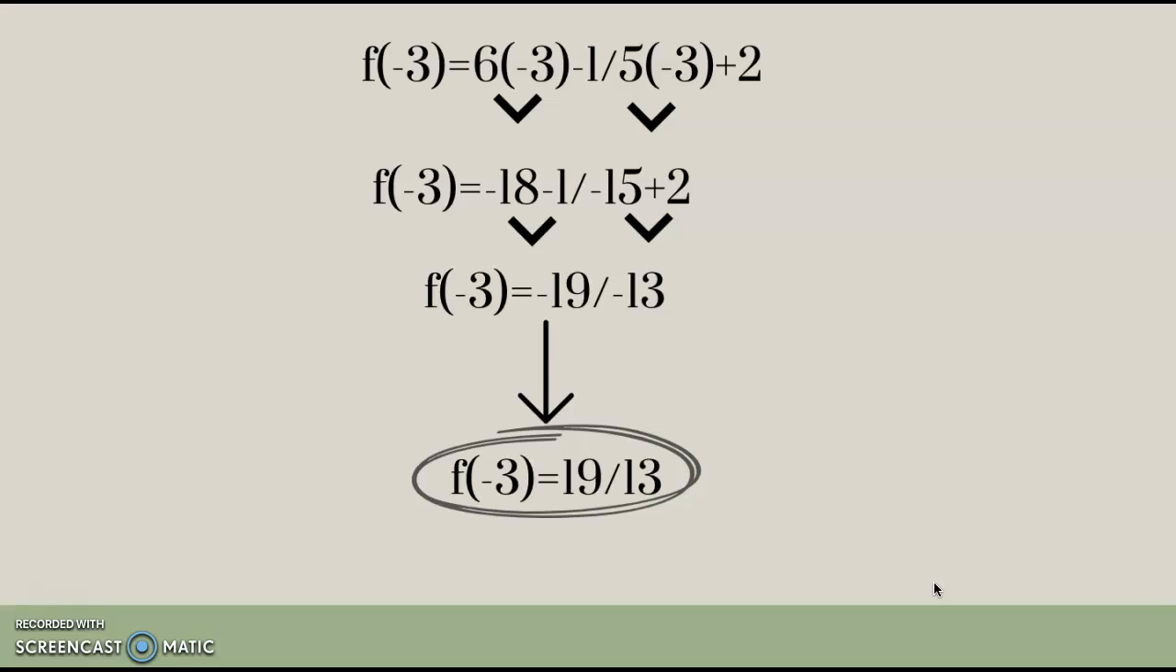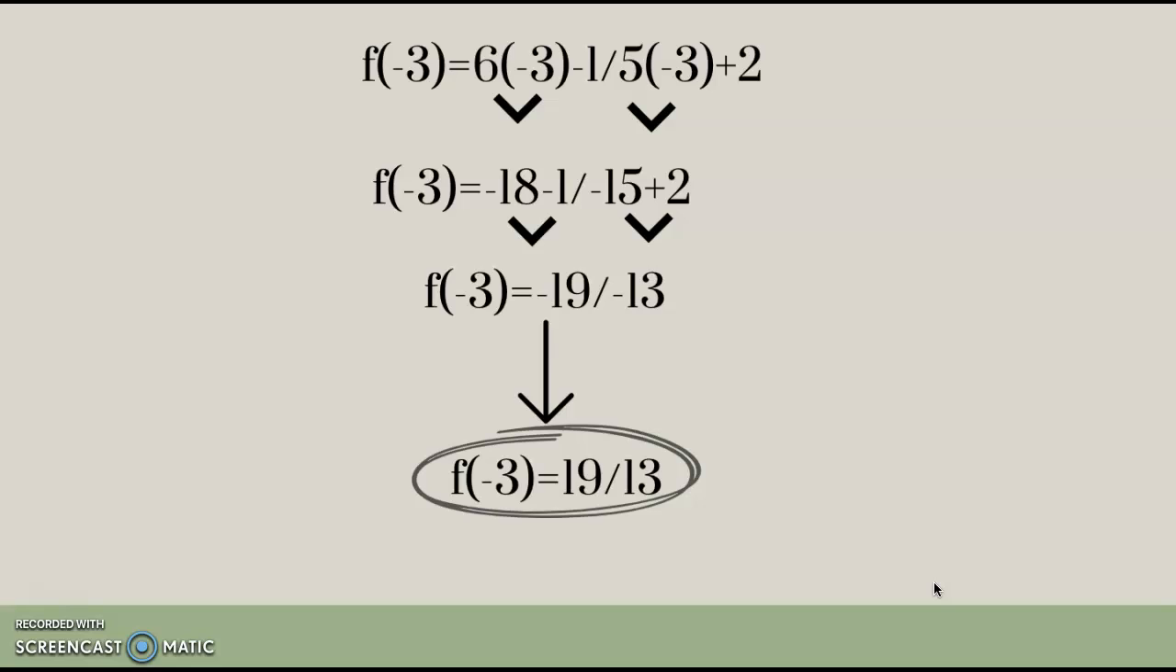For the first problem, I plugged in -3, which gives me f(-3) = (6(-3) - 1)/(5(-3) + 2). And the first step is to multiply 6 and -3, which gives you -18. And then you multiply 5 and -3, which gives you -15. And that makes the problem look like this, which is f(-3) = (-18 - 1)/(-15